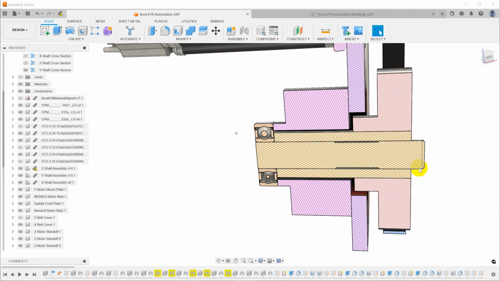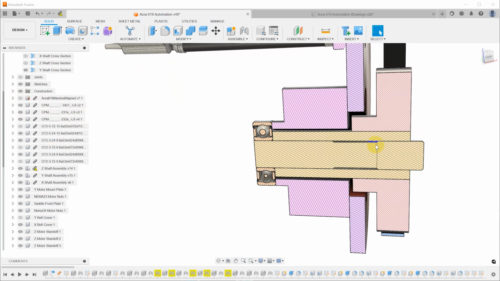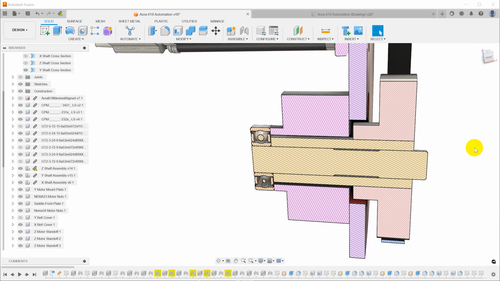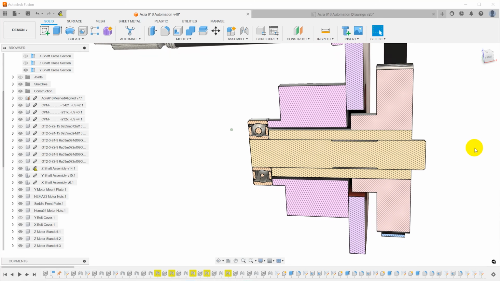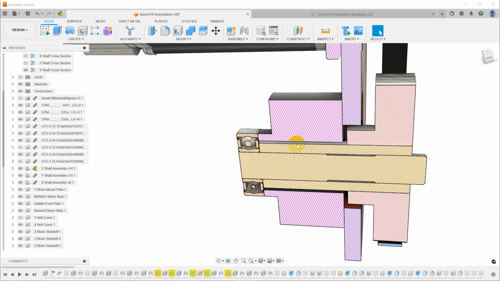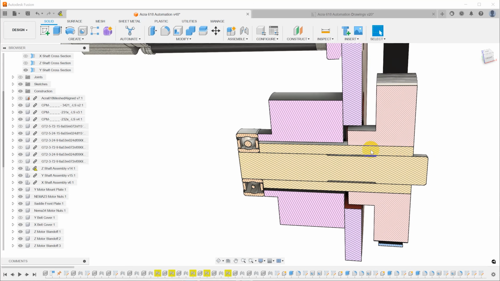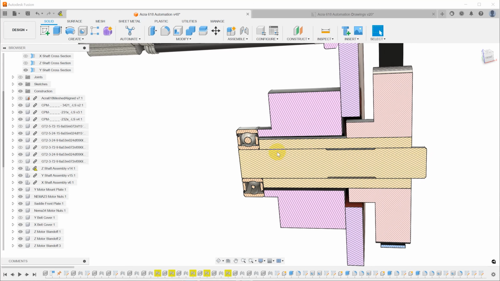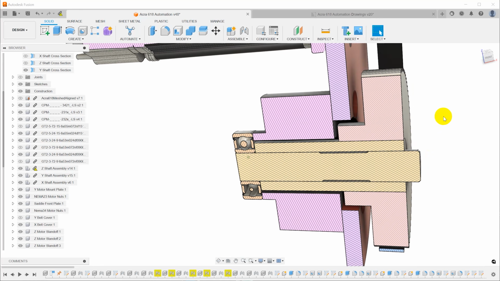The shaft comes out, and you can see there is a section of the shaft that is recessed slightly. That's so that a set screw can bear on it without raising burrs that are then going to interfere with the pulley coming on and off, or in the case of the original machine, the hand wheel. And what we're going to make is a cylindrical adapter that goes over the shaft, goes all the way in and bears against the inside bearing race, and then provides a surface that we can attach